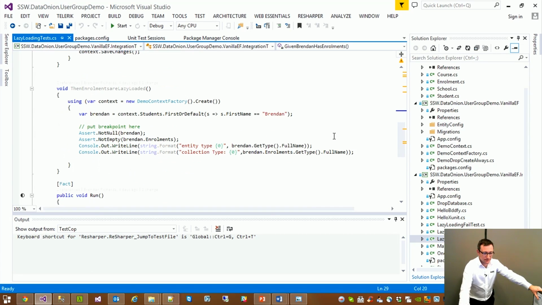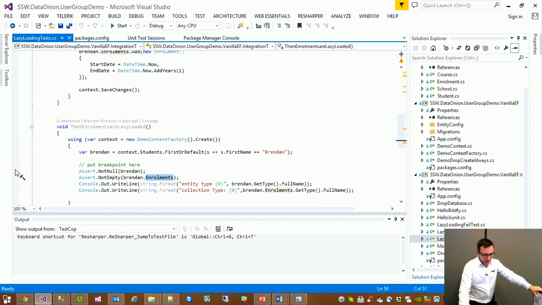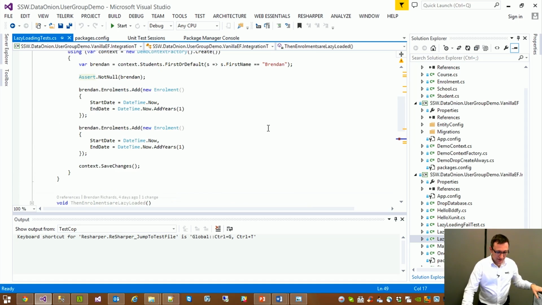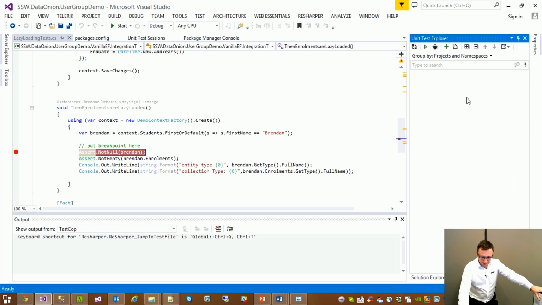Then in a later context, I'm going to do two things. I'm going to load my student record, and then I'm going to move from that student record and query for the enrollments collection against that student record. And I'll put a breakpoint right here so I can show you how that works. And this is where the fact that this is virtual becomes very important. So if I try and debug that test,